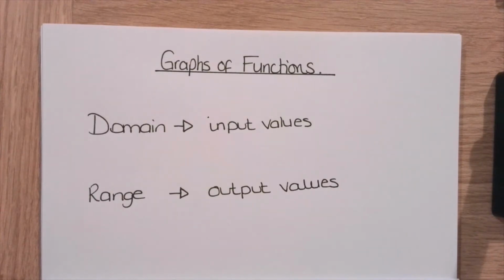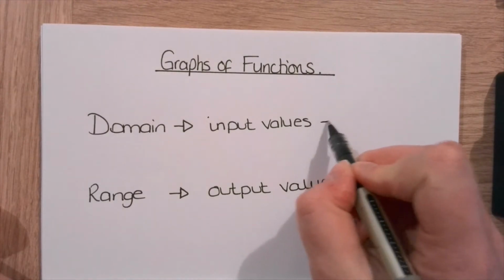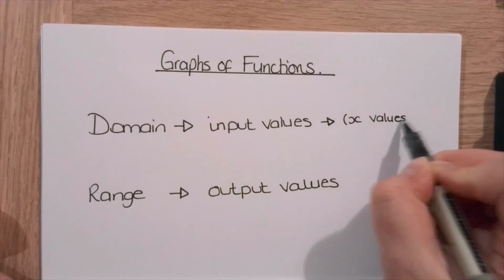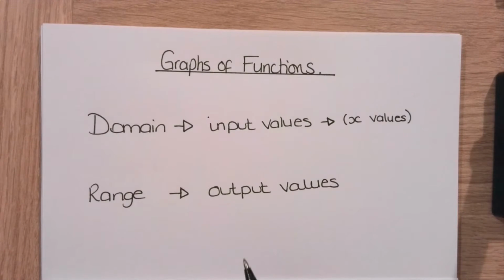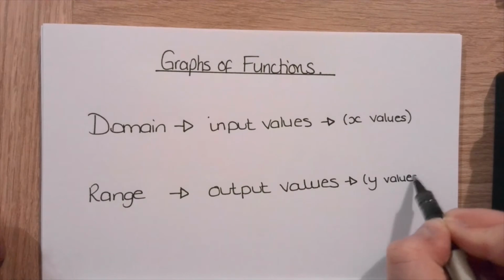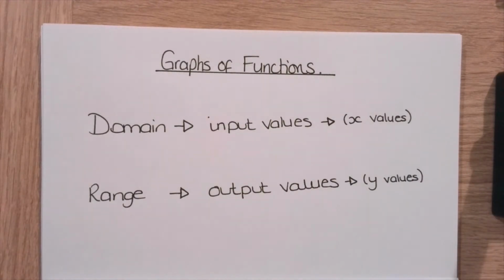Hi guys, in this video I'm going to show you how to draw graphs of functions with more than one domain. Before we get started, just want to make sure that we're totally happy with the words domain and range. Domain are the input values into the function, so effectively that is the x values, and the range are the output values. Essentially those are the y values. Your range is basically your smallest y value up to your largest y value, given by your function for those